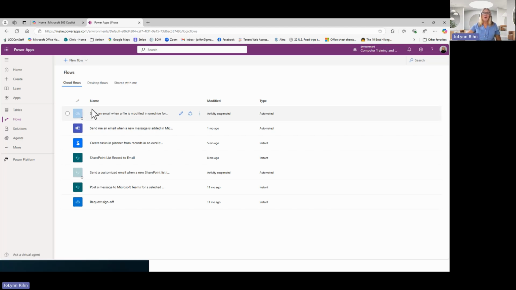But if you wanted to look at what cloud flows really are, there's a couple of examples here. One is send me an email when a file is modified in OneDrive. So let's say that in your OneDrive, you're saving files and you have a couple of them shared with somebody else. There isn't an automated way within OneDrive to get that notification unless you create a workflow.